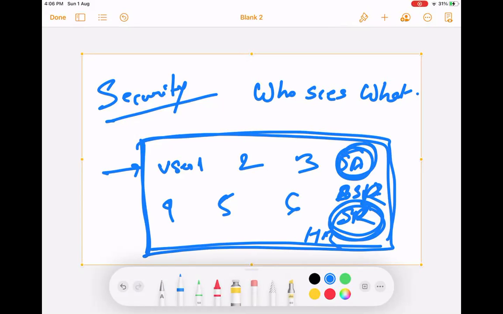So we have to hide and show data based on the permission and authorization of different people. And there can be separate sensitive data, which is only available for a few people to see. They can decide, they can work on it. If that is the case, then it is very important to understand how the security model works and how Salesforce allows us to make sure that only authorized people can see the correct data.